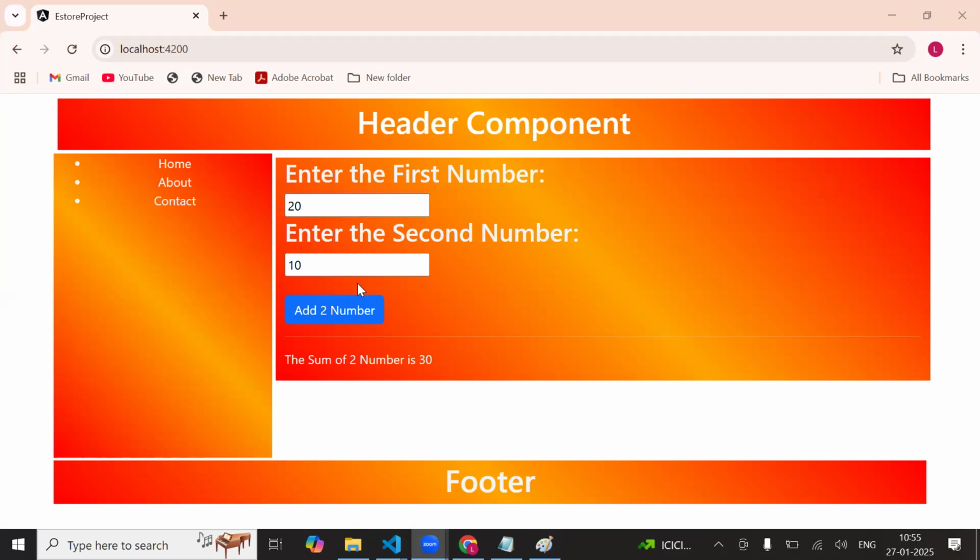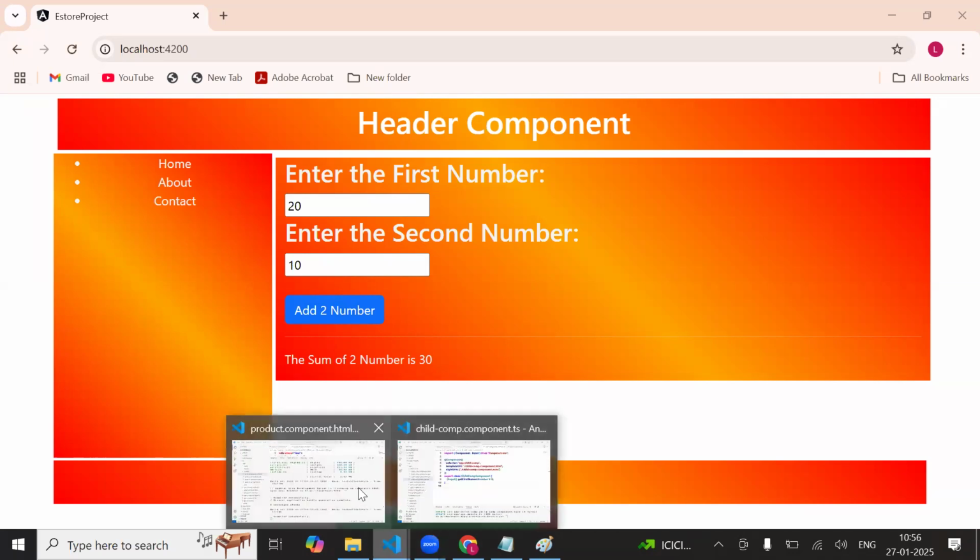This is your first number and second number you are giving. Now, this entire operation is performed in a single component called the parent component. Now, what I'm planning to do is, in the product component, I'm going to have a product result component, under which I'm going to build the product result component. So what I'm going to do in this project first is create